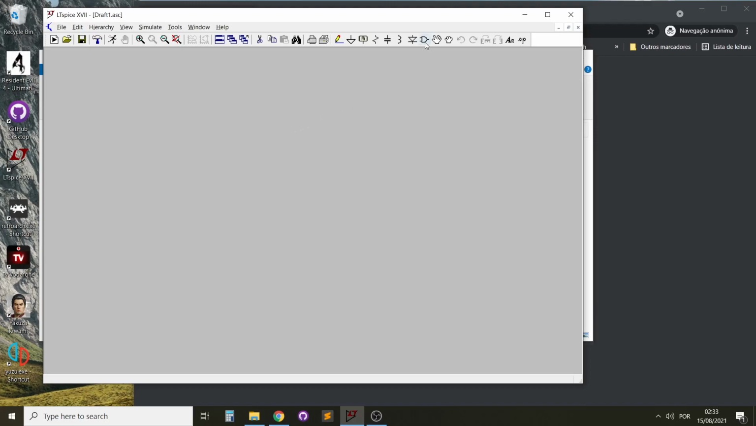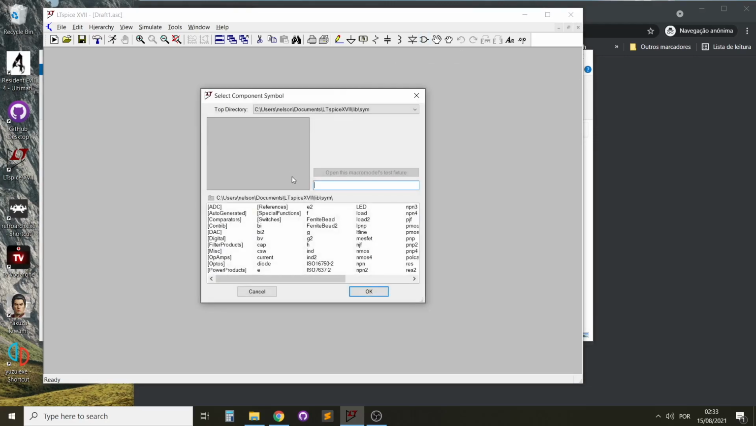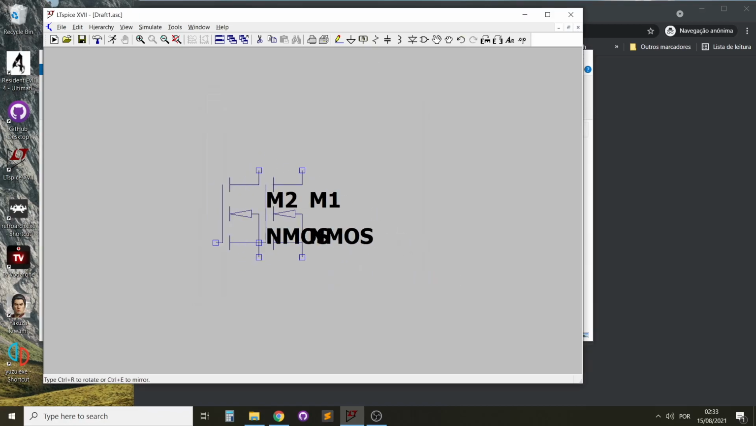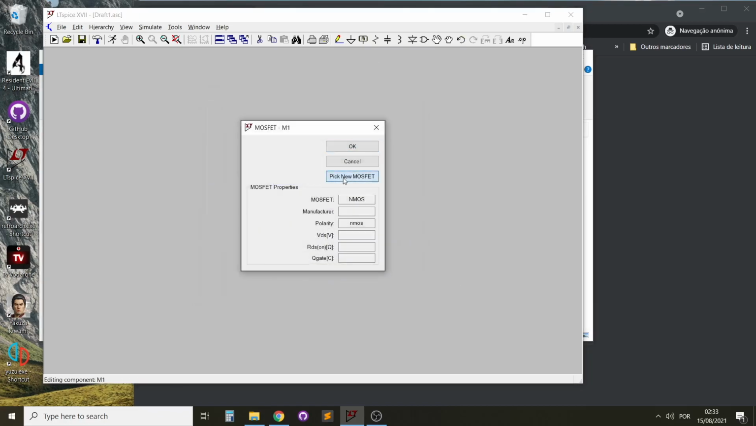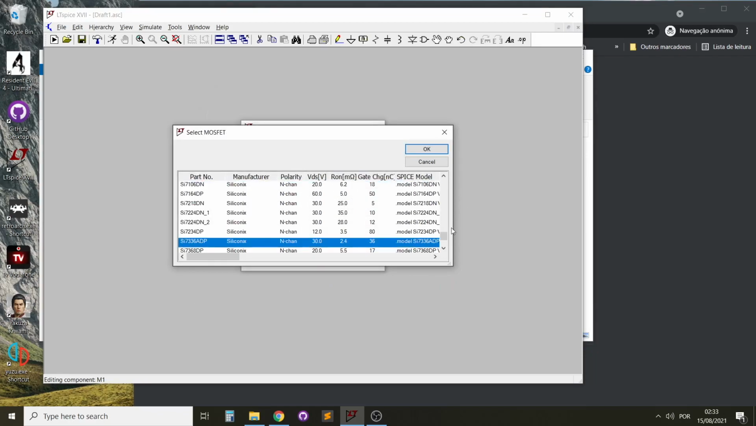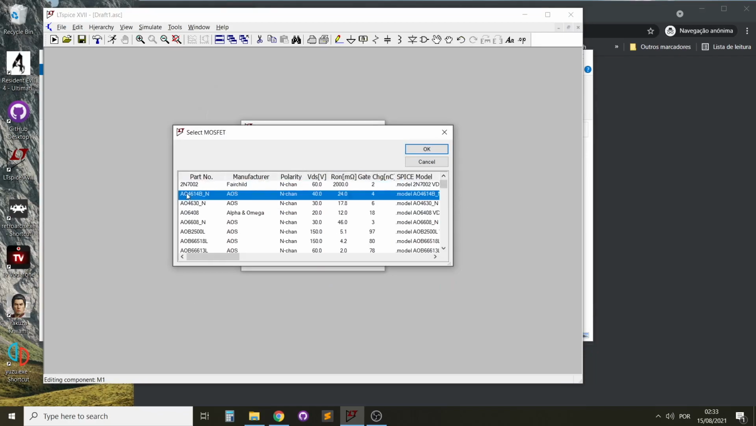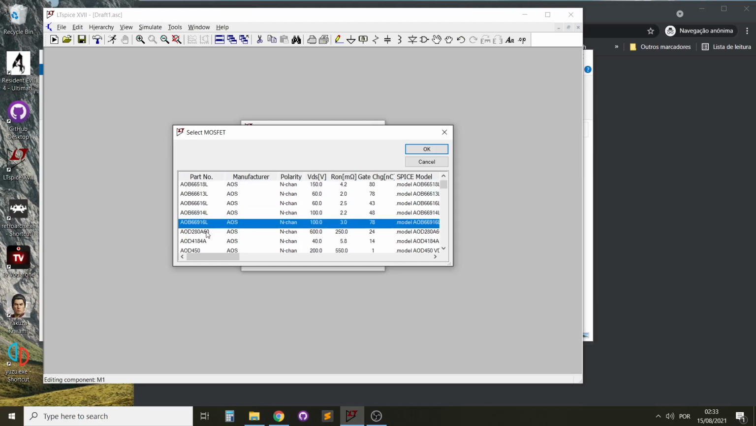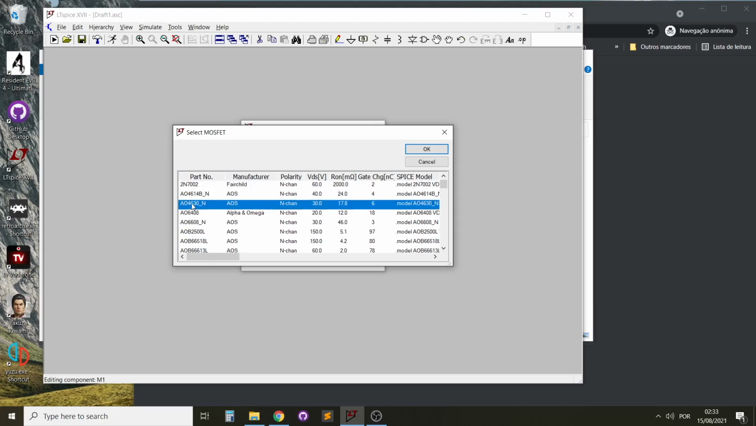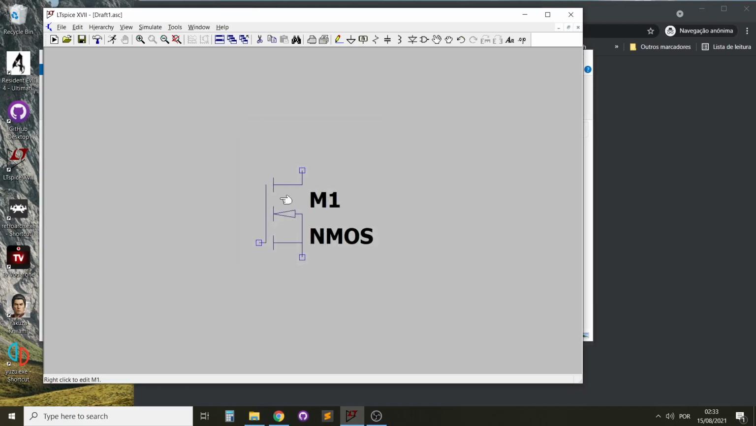So you are designing your circuit and you put in your N-channel MOSFET, and when you go to select your MOSFET, you are going to find out that it probably doesn't have the model for your particular MOSFET. That's normal. You cannot have models for every MOSFET. So what you're going to do is